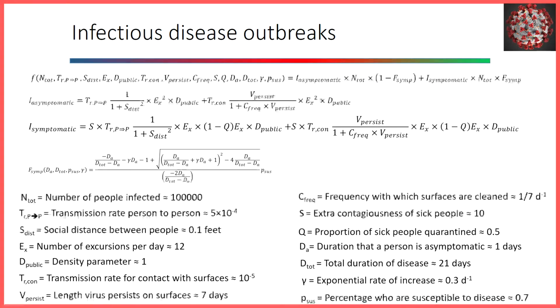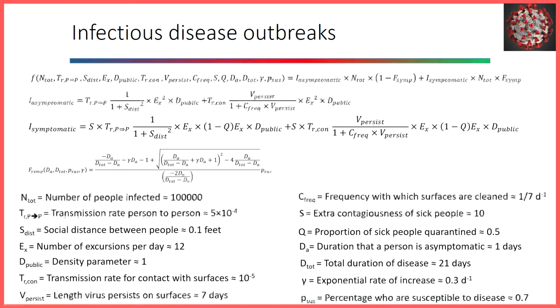Okay, then we estimated that the infection rate for asymptomatic people equals TR_p2p times 1 over 1 plus S_dist squared times Ex squared times D_public plus TR_con times V_persist over 1 plus C_freq times V_persist times Ex squared times D_public, and that the infection rate for symptomatic people equals S